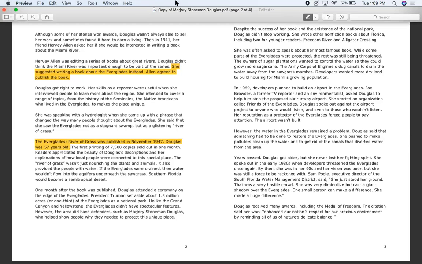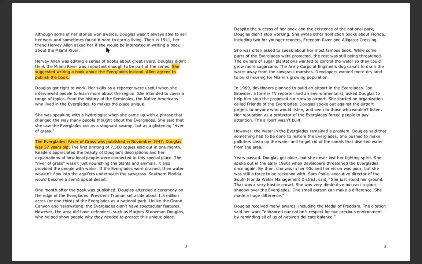So that's important too, that we're on the second page of the article, Marjory Stoneman Douglas. Okay, cool. All right. Oh, there's so many people on here. I'm so glad you guys are here.